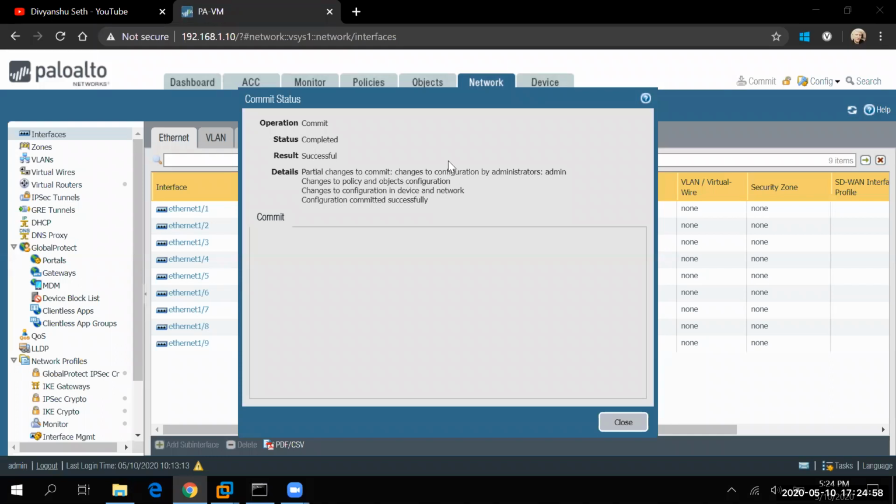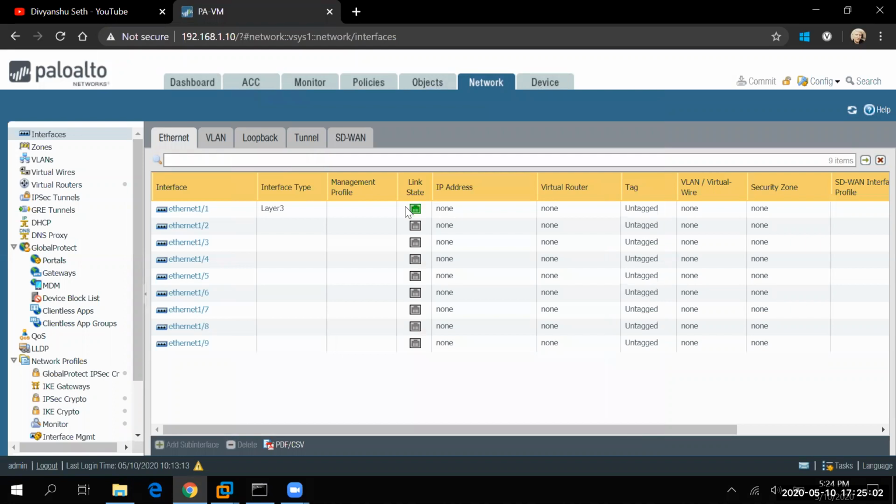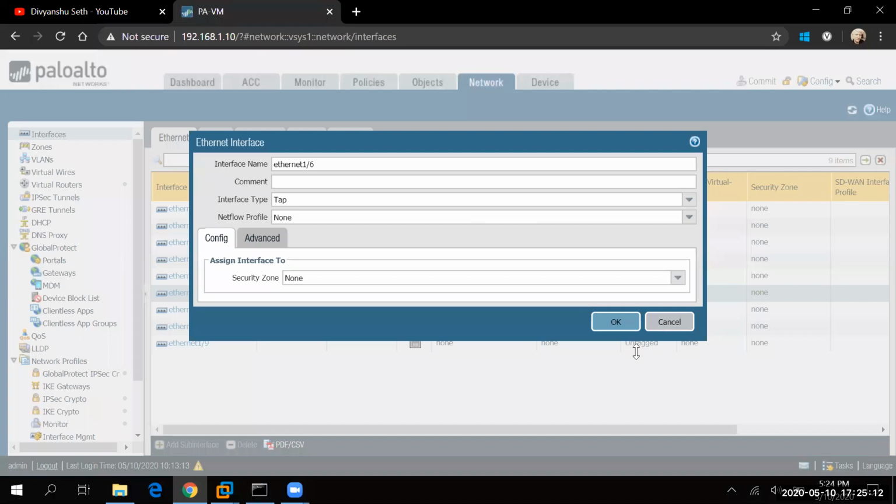We are able to see that it is successfully committed. Let me just click here. You will be able to see it is reflecting green. It means the interface is up. Let me try to enable this interface also, because it's not configured.